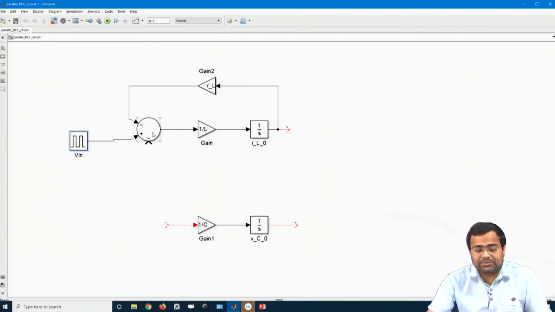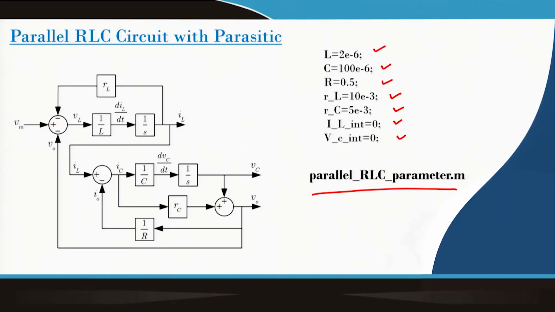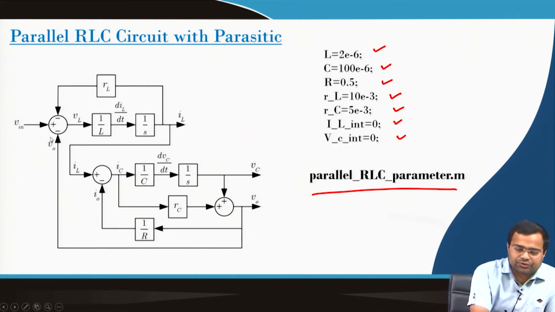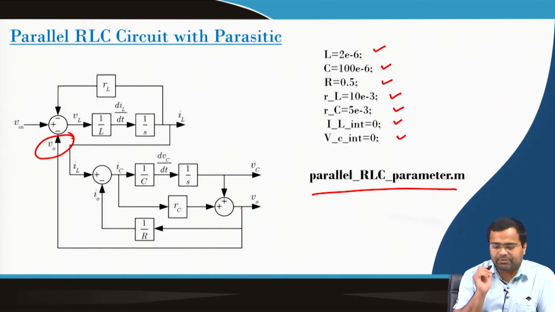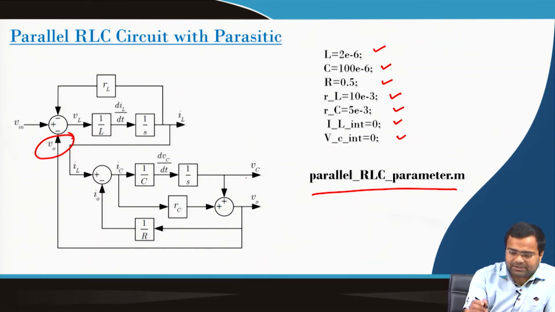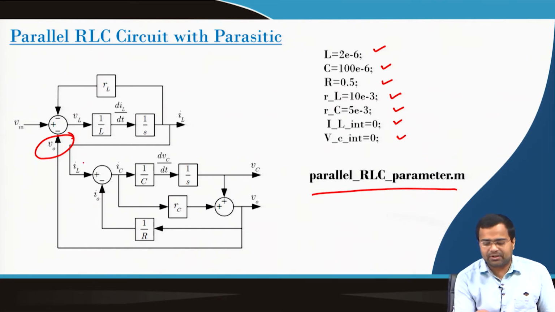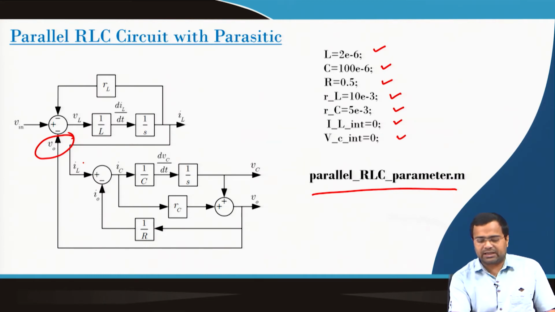Now, the other subtracted block from the parallel RLC circuit, if we refer to this circuit block, if we go back. So, this subtraction block is V0. But we need to generate this signal, and this is generated from here. The capacitor current is the inductor current minus the load current, and the load current is derived from the output voltage divided by R, and the output voltage is derived as the capacitor voltage plus the capacitor current into RC.